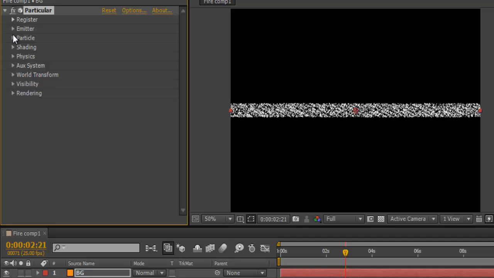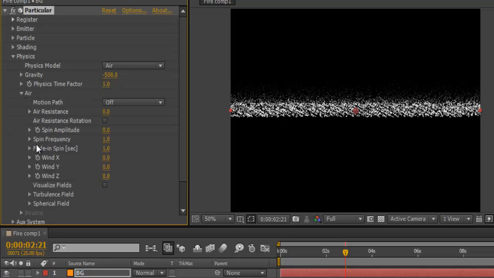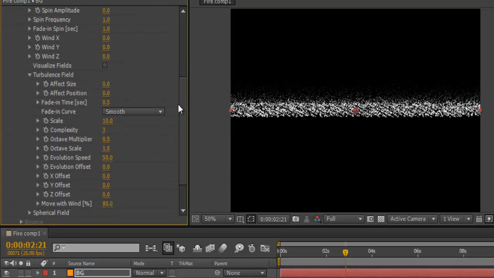That's it for particles. And then physics, we'll change the gravity to minus 500. Physics time factor, we'll leave that at 1. We drop down the air, we get into the turbulence tab. Okay, if we change the evolution speed to 250,